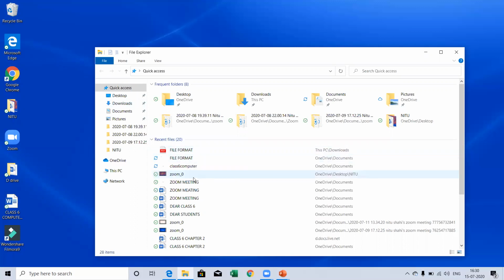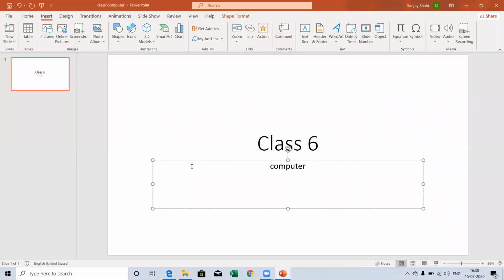Whichever file you want to open, you can open. Like this is my class 6 computer file. If you want to open it, just click there or press Enter. Then that particular file will open in front of you on the screen. I think you understood this one last day.